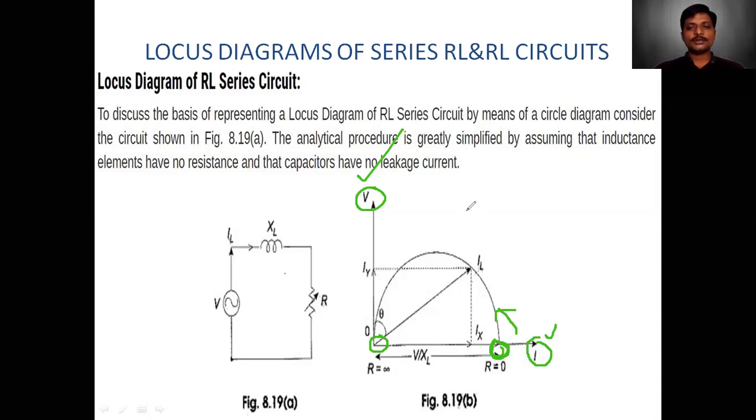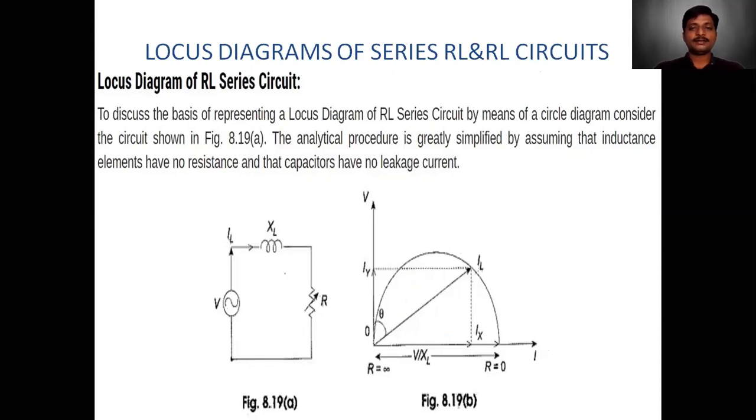When we trace all the points for each resistance, for example, at R equal to 0, that is on x-axis. Let us say R is equal to some 100 ohms, this will be the vector. Then let us increase the resistance. If the resistance is like 1000 ohms, this will be the locus. So when you trace all the tips of arrowhead, then it forms a semicircle, and that is the locus diagram of RL series circuit when the resistance is variable and the inductance is fixed.